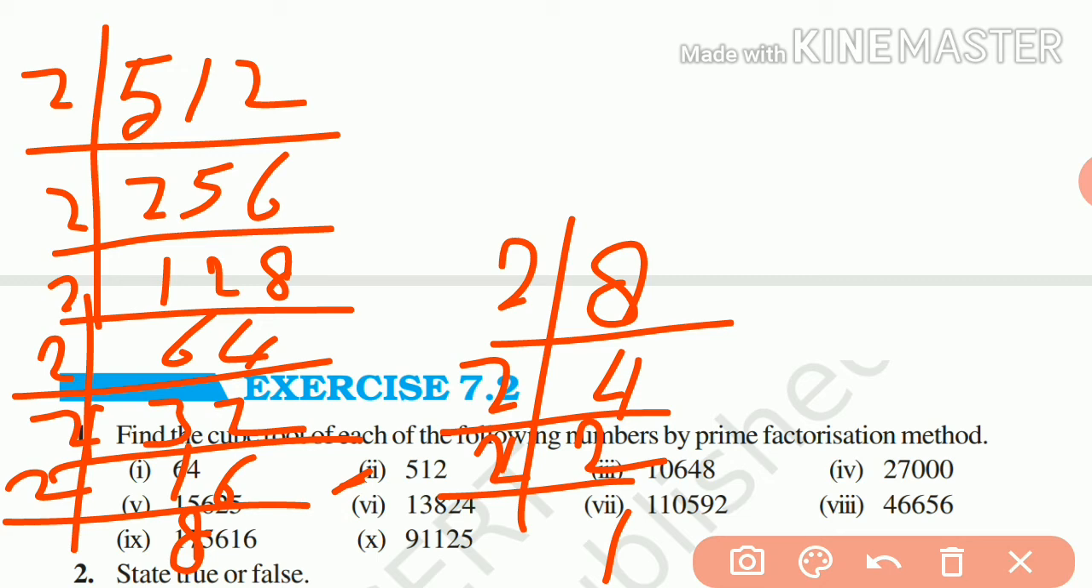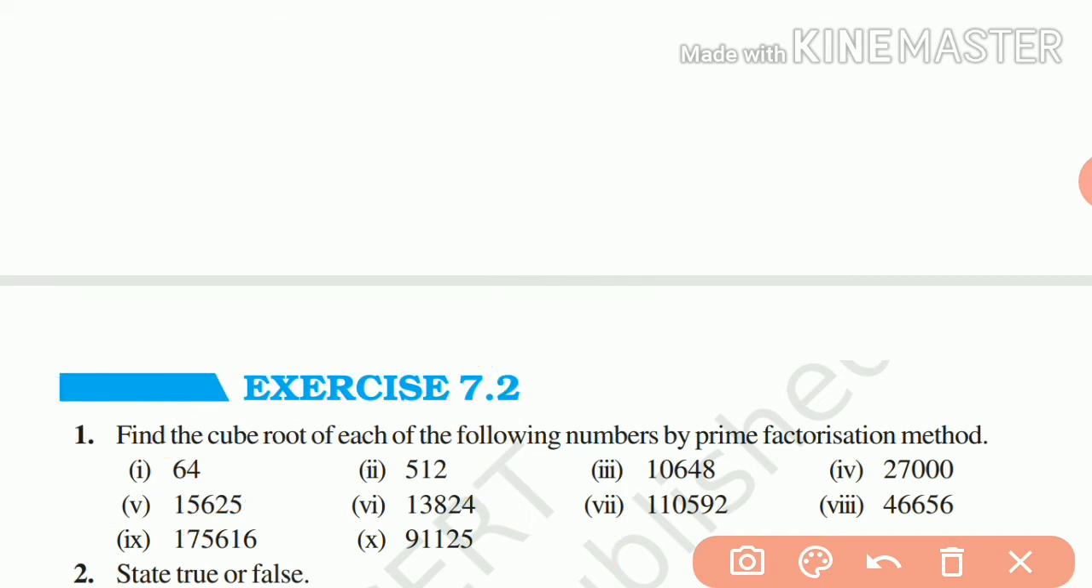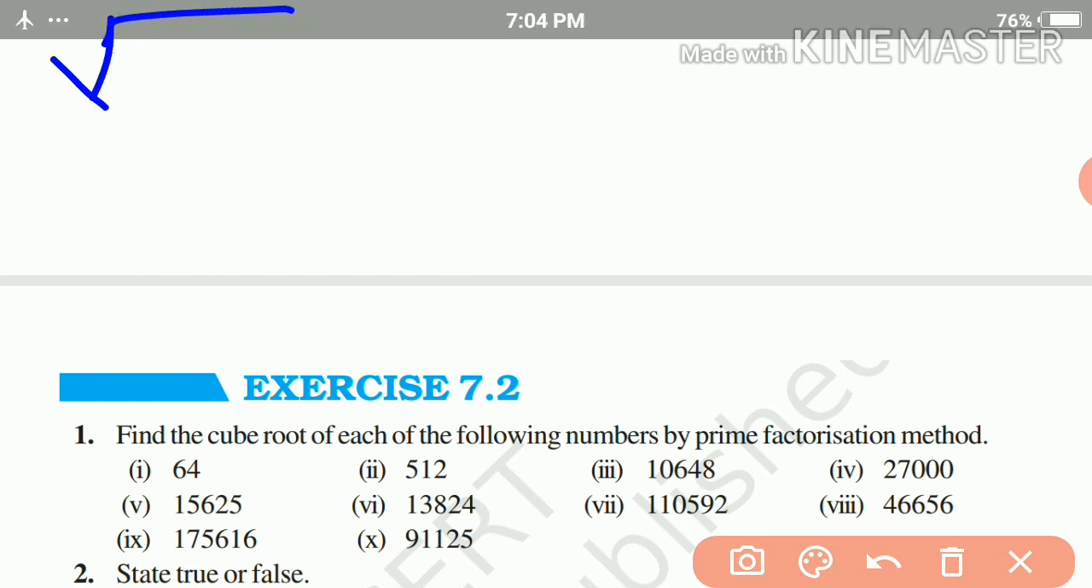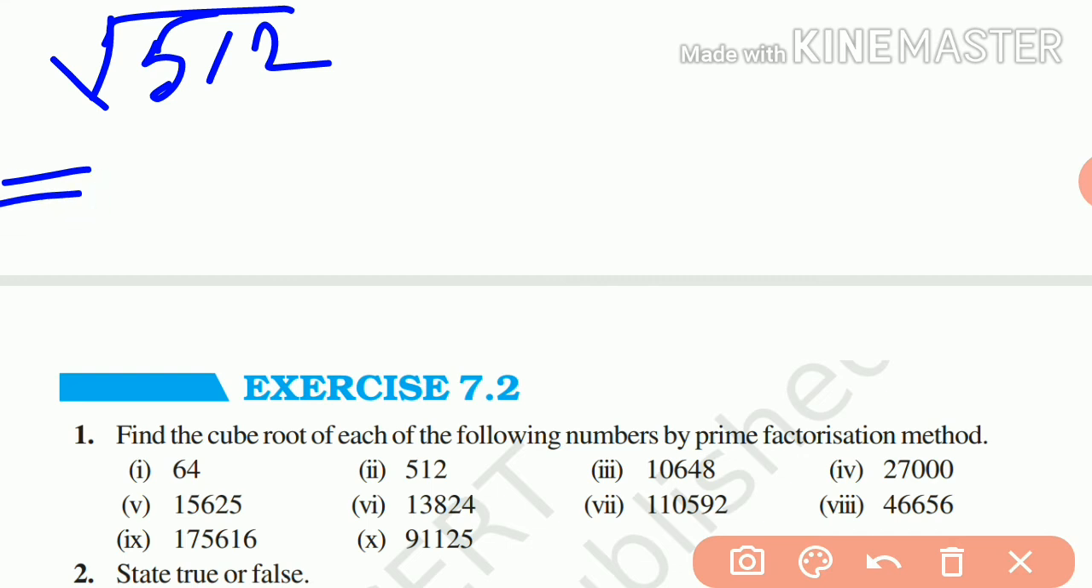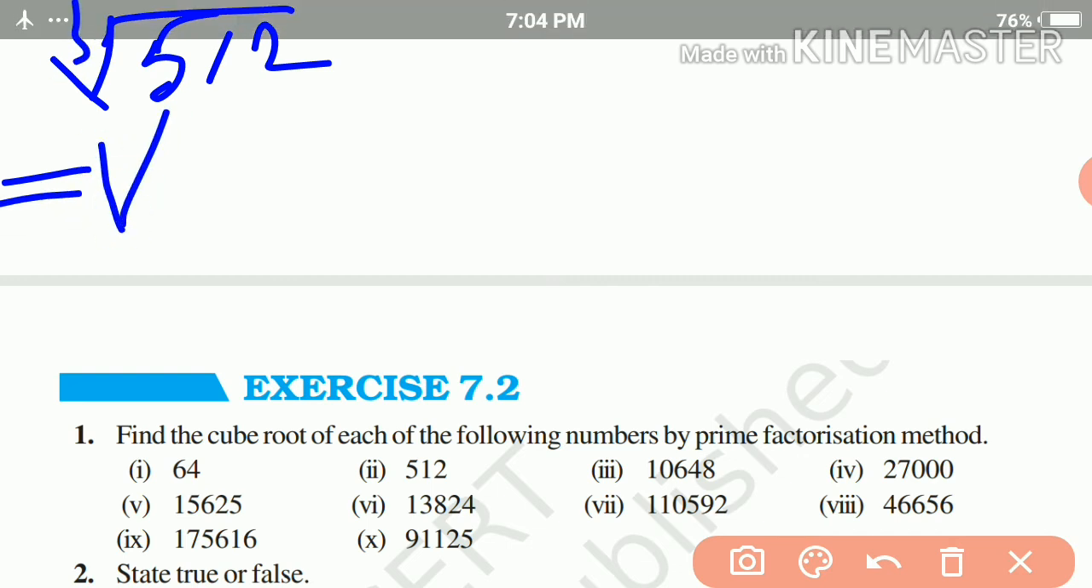So how many 2's are here? 1 2 3 4 5 6 7 8 9. So we can write like this: cube root of 512 equal to, this is cube root, this is cube root,